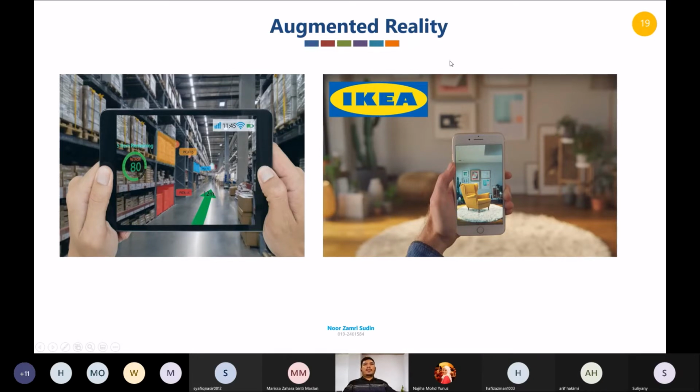So as I can say, now 4.0 is not only in the manufacturing area, it can be anywhere. For example, IKEA uses this for your home life. Let's say you want to decide what to buy. You already bought a new house, for example, then you want to buy some furniture. So you can use their app. Then you can see what happens if I put this chair over there. Is it nice or not? What if I put a cupboard over there? You see the color matching, everything. So this is the IKEA app.